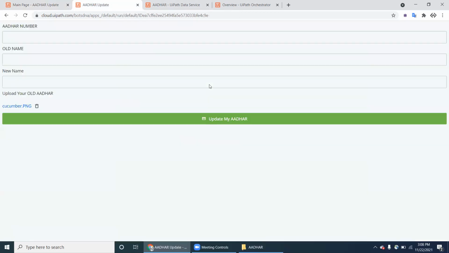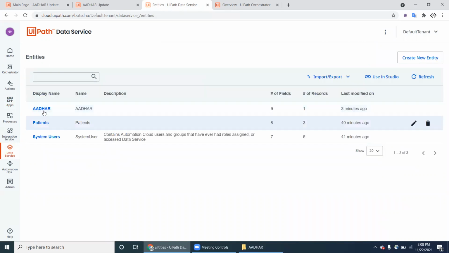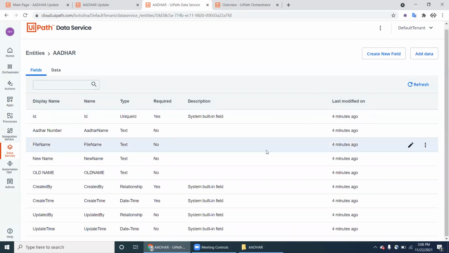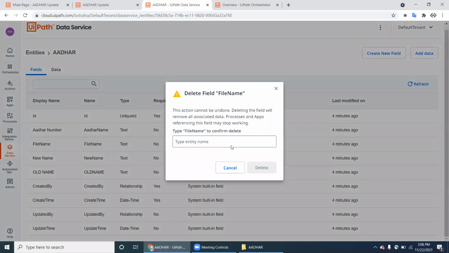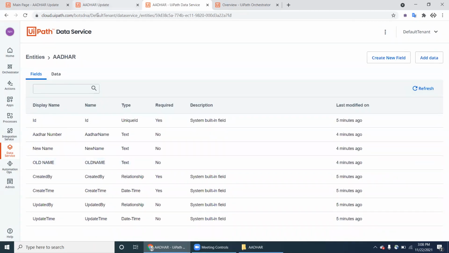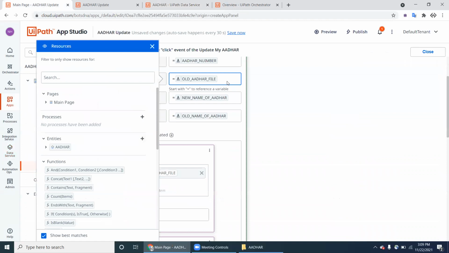So what we'll do, we're not storing any, just edit the service. So edit entity Aadhar, and you can simply go to the file name and delete this. So file name, let's click on the delete. So we don't need that one. At the same time, I think you need to remove